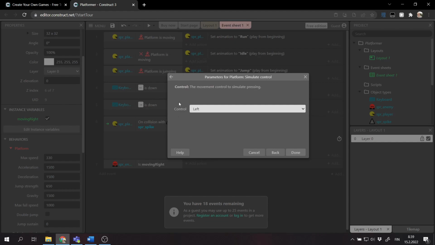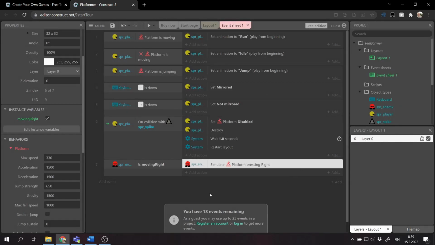And if we check it, we can check what direction we want to move our enemy. It can be left, right, or we can make it jump. But in this situation, we want to use the right. And now we press done. And before we check the game or play the game to see if it really works, let's make another event